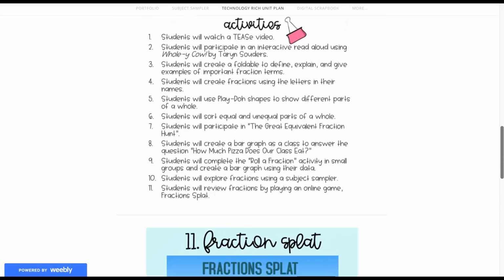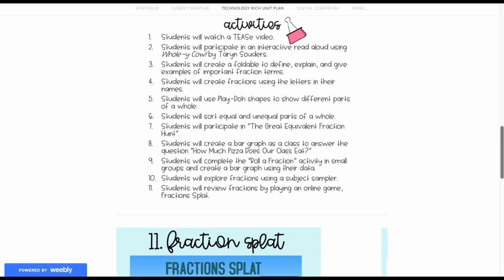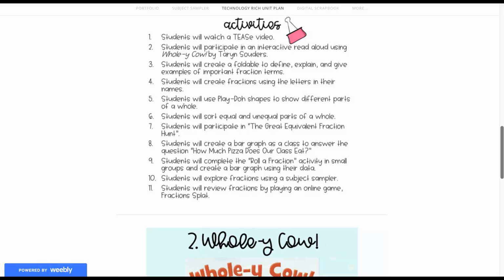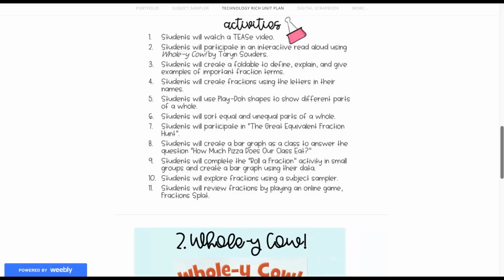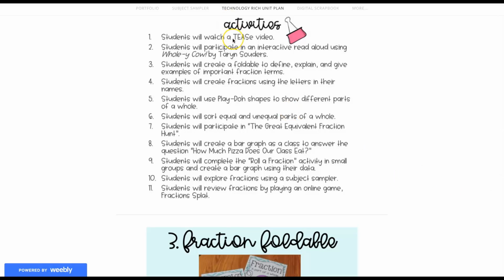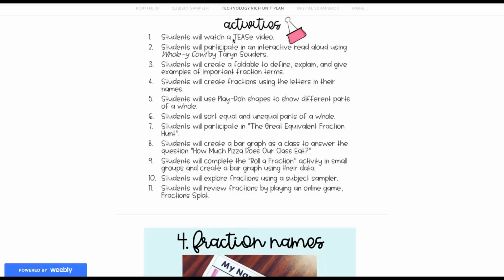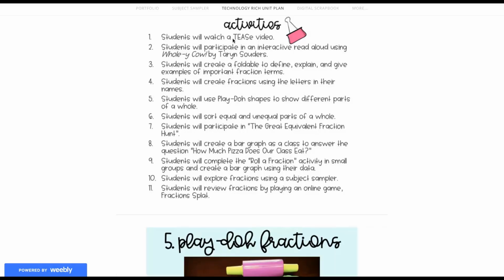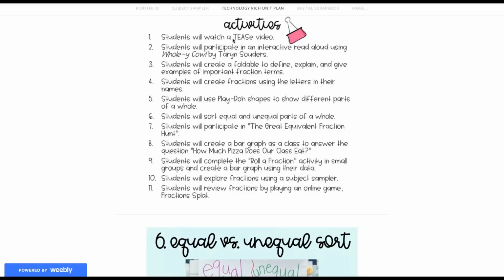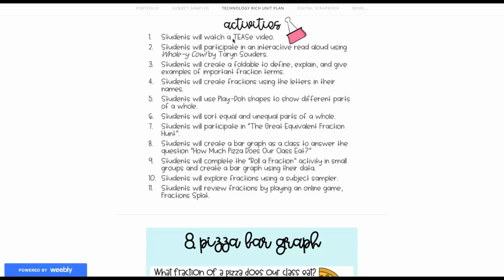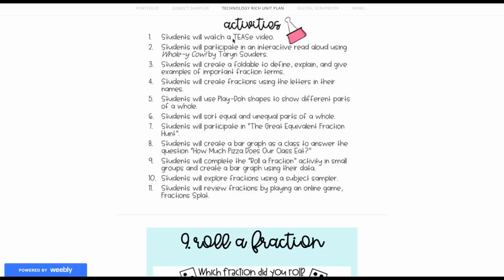Below the essential questions, you will notice that there is a listing of activities. You should include at least 4 activities that involve the meaningful integration of educational technology. This should begin with the TEAS video, which you have previously created. The TEAS video serves as an excellent means of introducing the unit, of grasping students' attention, of helping them to activate prior knowledge, and helping them to reflect from the beginning of the unit on essential questions. The TEAS video should be the first link you include in your list of activities.